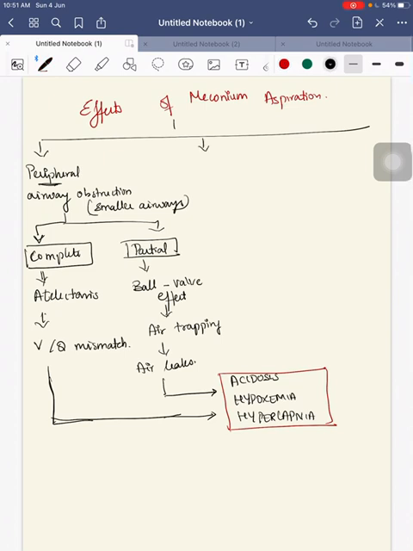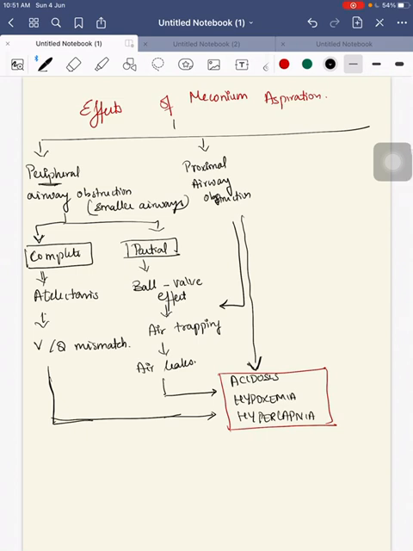This occurs with peripheral airway obstruction. When there is a proximal airway obstruction, it leads to air trapping, which in turn leads to air leaks, or directly to hypoxemia, hypercapnia